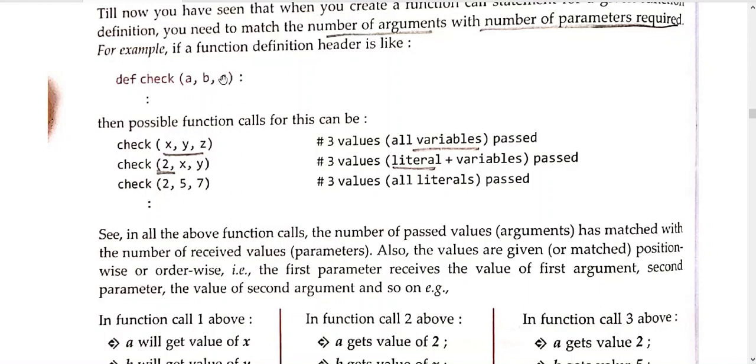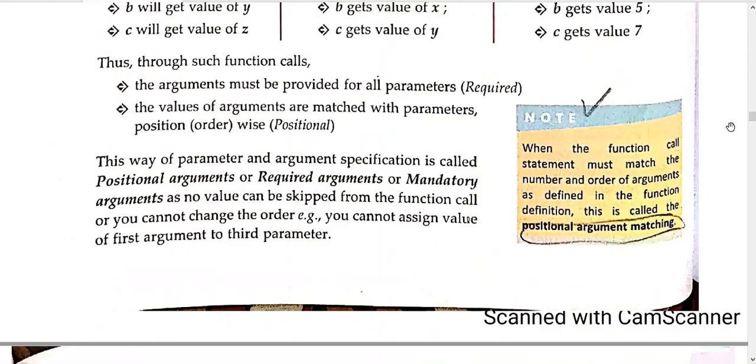In that case you can omit the third argument, but if none of the variables has a default argument, then you cannot skip the number of arguments you are passing here. So it must match the number and order of the arguments as defined in the function definition. That is called positional argument matching.